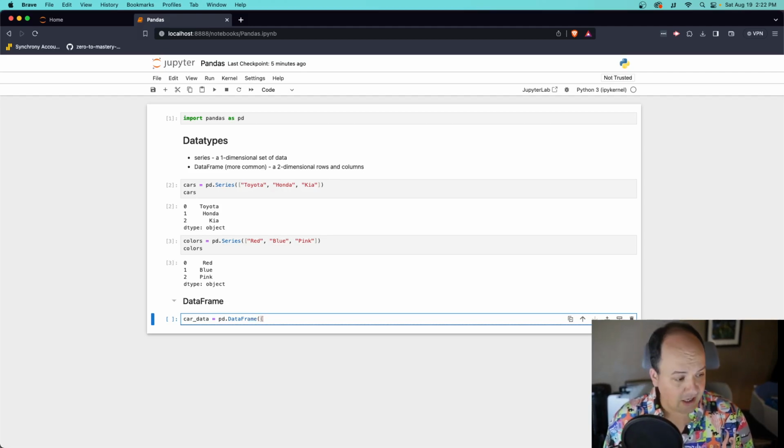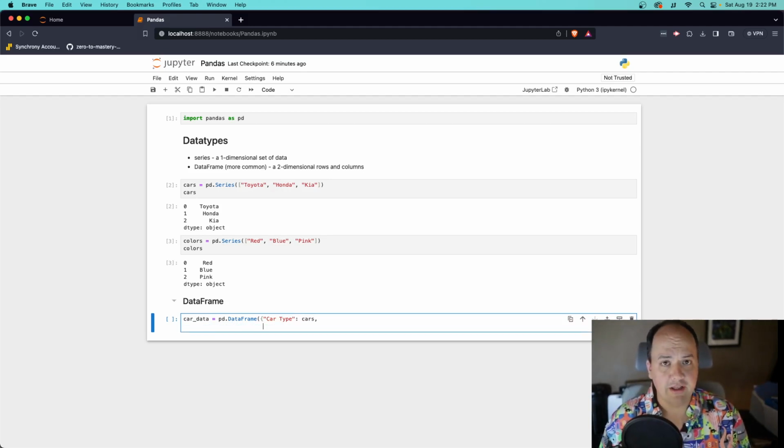And that dictionary is encased in curly brackets. So we have car type. And then we do a colon, and we pass it the cars series, comma. Typically, when you're building a dictionary like this in Python, but Jupyter Notebook particularly, hitting enter in between these things is a good practice. And then we can say color, and we can pass it the colors series. And now we close this off. And let's see what our car data